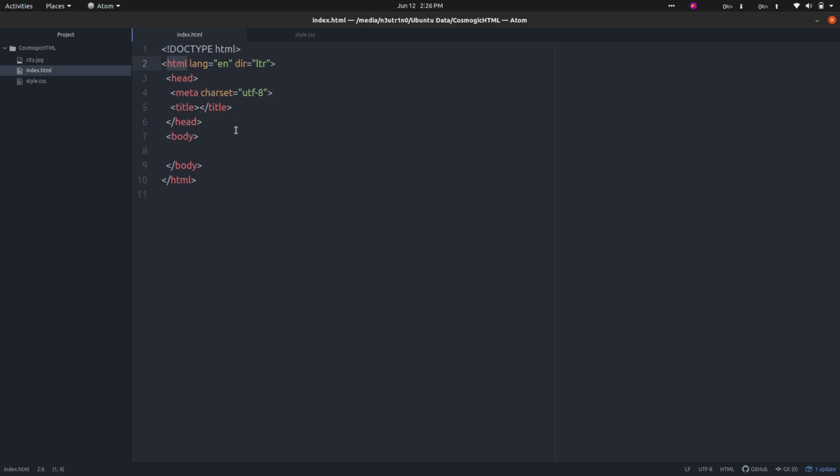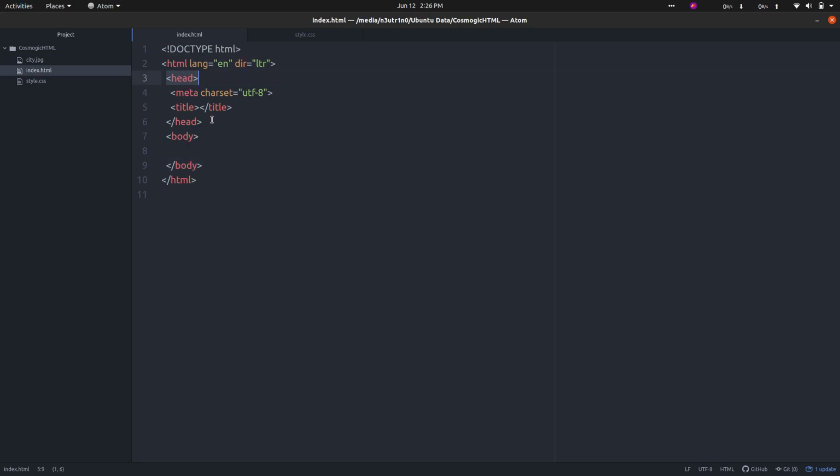Now this is the basic container, or the root element, of all the tags. It means all the tags must be contained in the HTML tag. This is the opening and this is the closing tag. The forward slash means that anything that has started, if we want to close the tag, we have to use the forward slash. Like here, body also started and we have to use a forward slash to close the body tag.